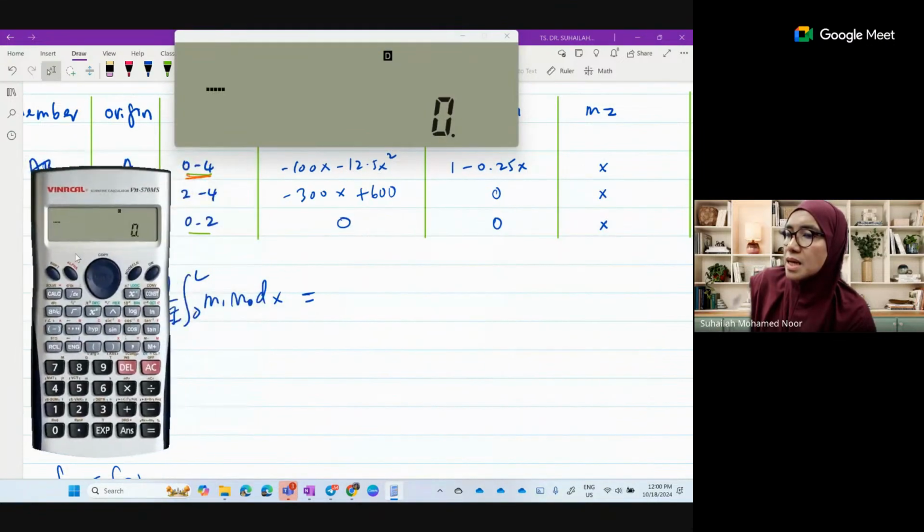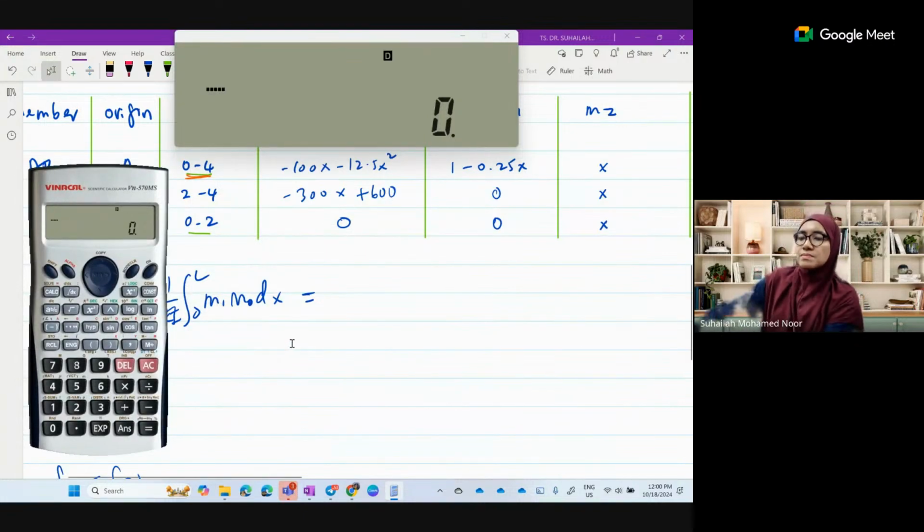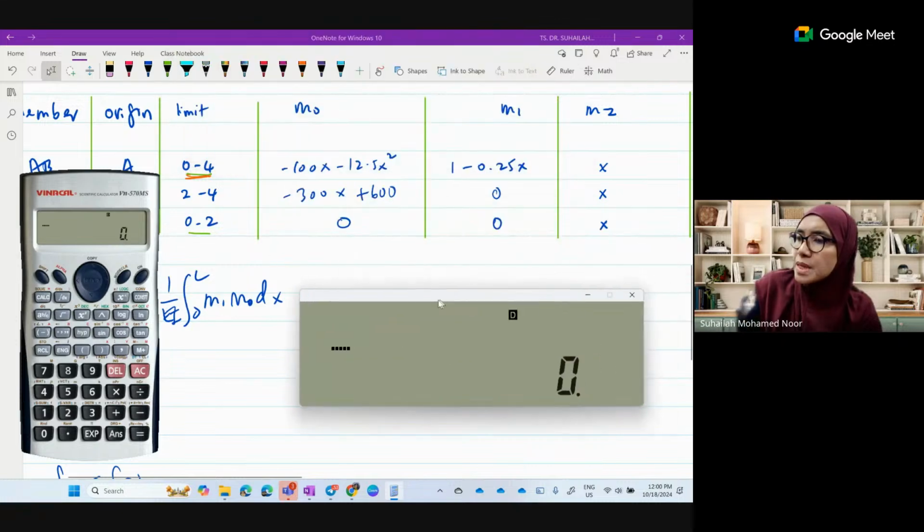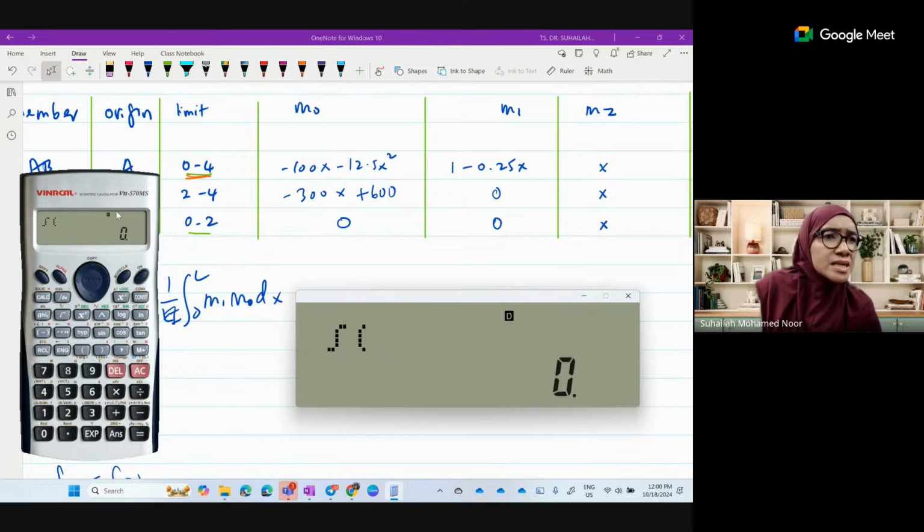Okay, ni. So M1, M0, right? M0, M1, integrate. You punya lagi canggih kereta kan? Yang baru kan? Itu pakai lama lagi. Ini yang lama ni. Okay, integrate